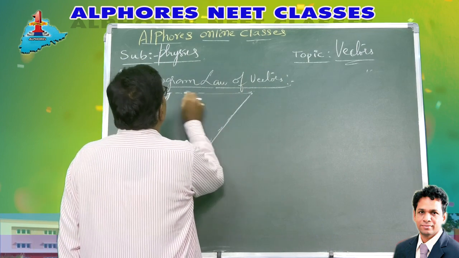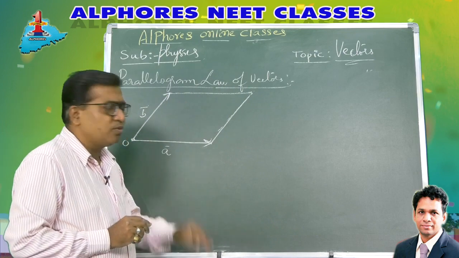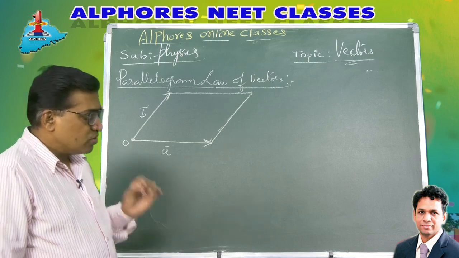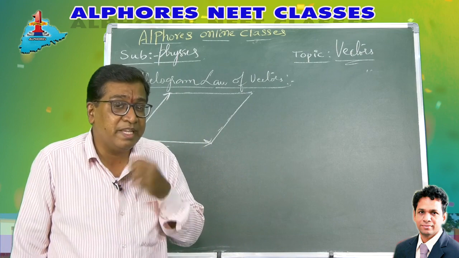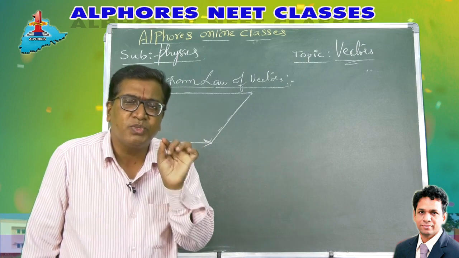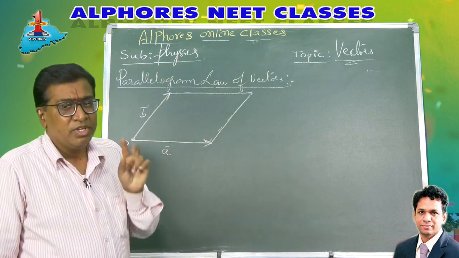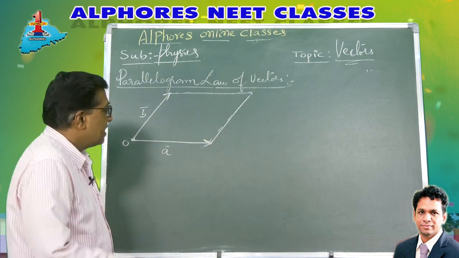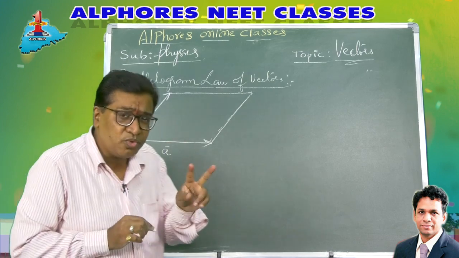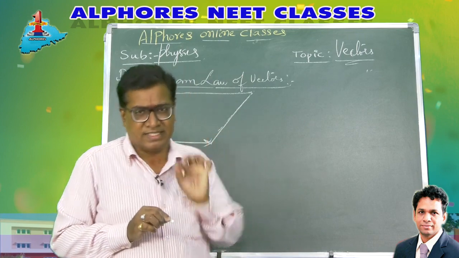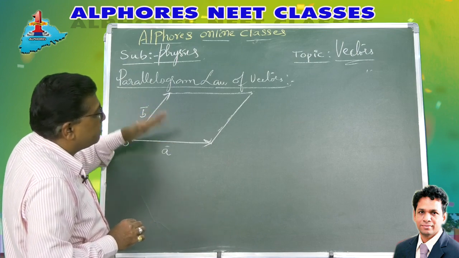Okay. So look, I shall put it very neatly, right? Listen carefully, try to understand the things properly. So if two similar vectors, what do I mean by similar? Similar in the sense that they belong to the same physical quantity, they have the same unit, same dimensional formula. If two similar vectors, co-initial to one another, starting from the same point, are represented as two adjacent sides of a parallelogram,